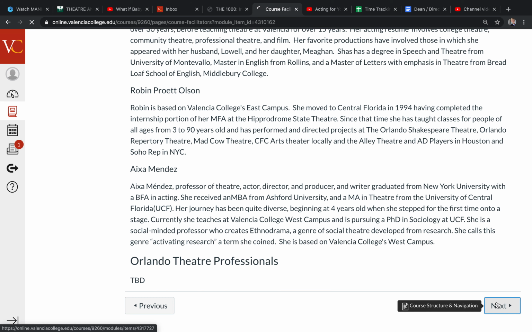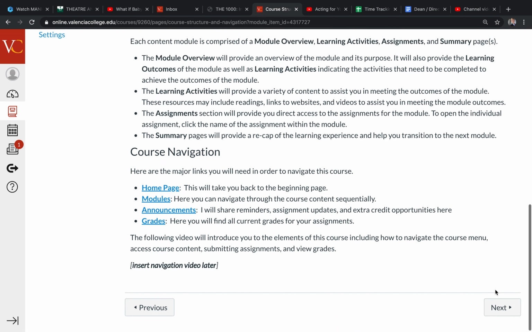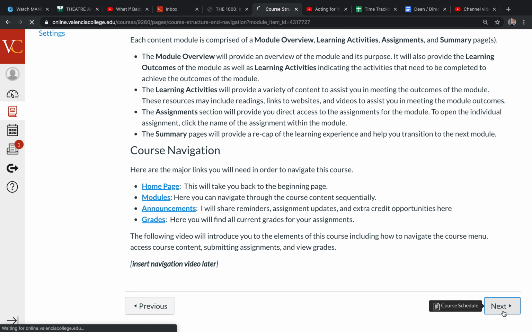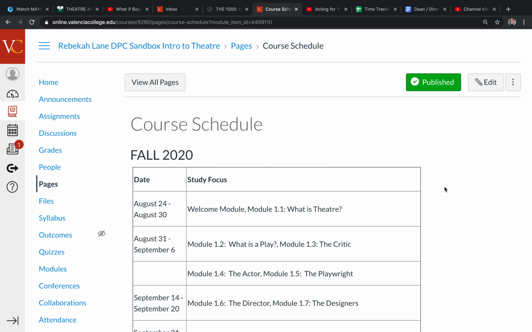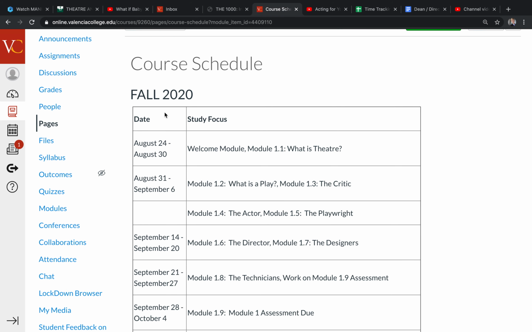Let's go through here, and we're just going to flip through this. Most of this is exactly the way the digital professorship suggested that we do this, especially this orientation. Here is the course schedule. This is going to get more specific once we have built this. But this schedule is keeping us all on the same page.